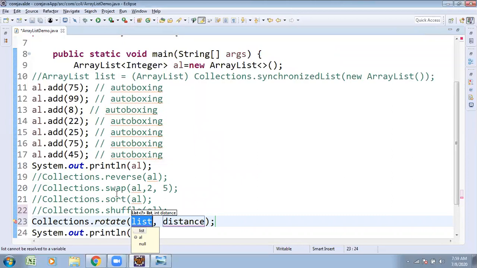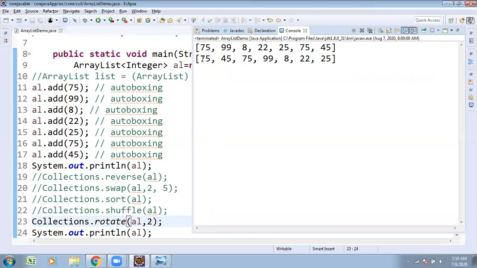I wanted to rotate AL by 2 positions, interchanging all the elements by 2 positions. Try to observe once: the original output, and after this I wanted to shift by 2 positions. What happened? 2 positions are shifted, and based on that, the remaining elements are placed.